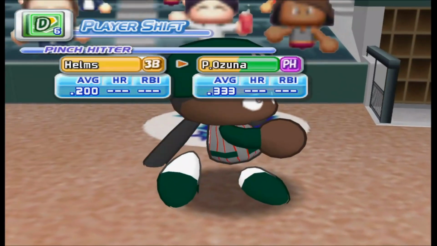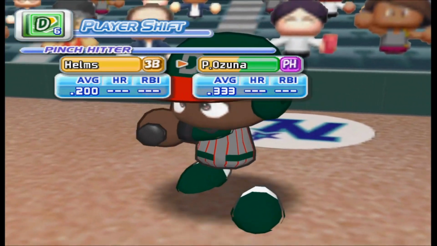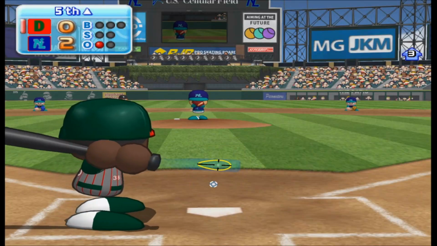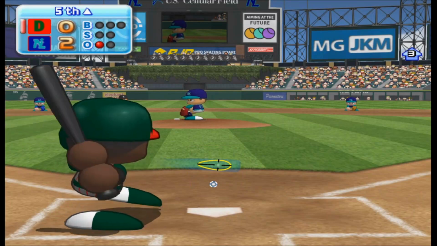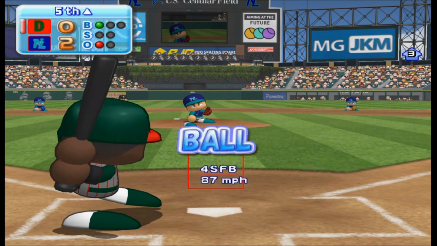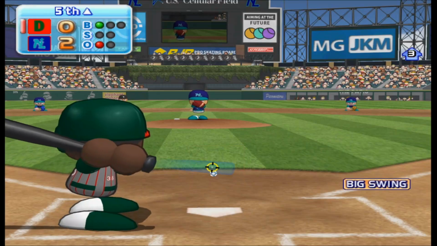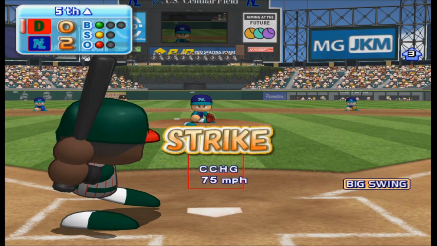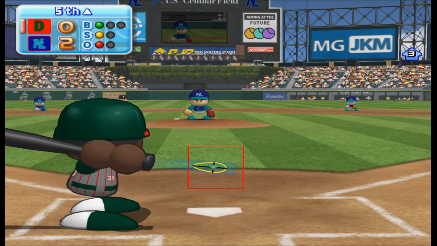Timeout. Edmonton are putting in a new hitter. Pinch hitting, Pablo Ozuna. He's set to deliver the first pitch. Ball. It's a strike. Count 1-1.